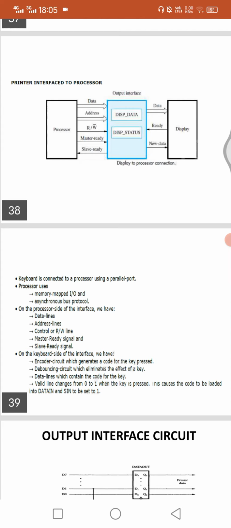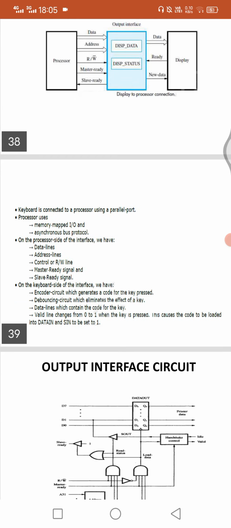On the processor side of the interface, we have the data line, address line, control line, master ready signal, and slave ready signal. On the keyboard side of the interface, we have an encoder circuit which generates a code for the key pressed, so whatever key we press, it provides an encoded format.